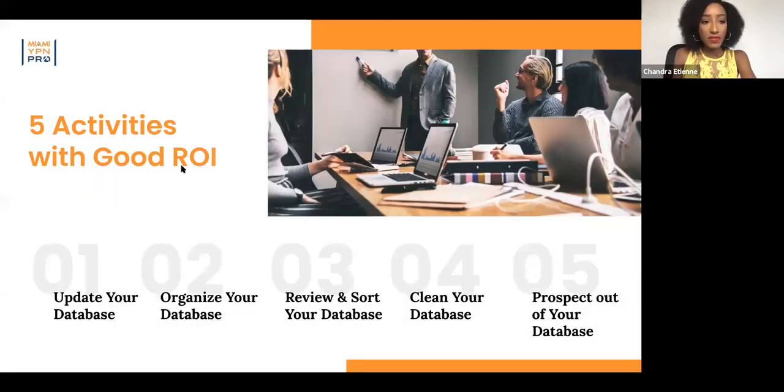All right, so 5 activities with good ROI when it comes to your database, right? You actually need to use it. So you have a lot of people who actually have a CRM, whether it's provided by their broker. The Miami Association of Realtors actually provides Agent 3000. A lot of us actually have something that we can use. So you just actually have to use it, update it, make sure that you're actually putting contacts into it, organize